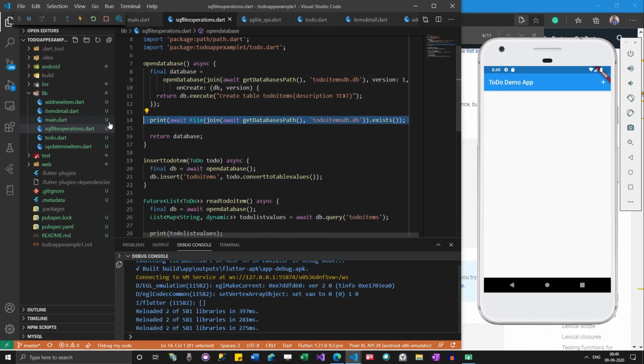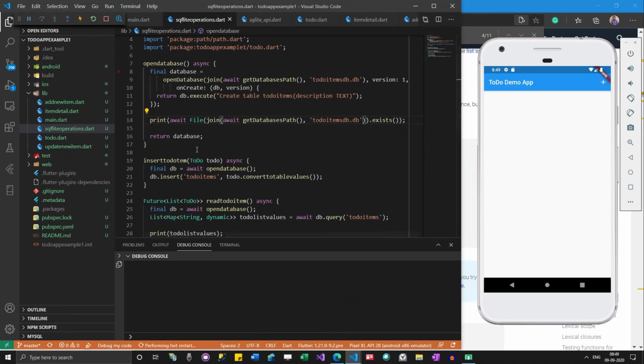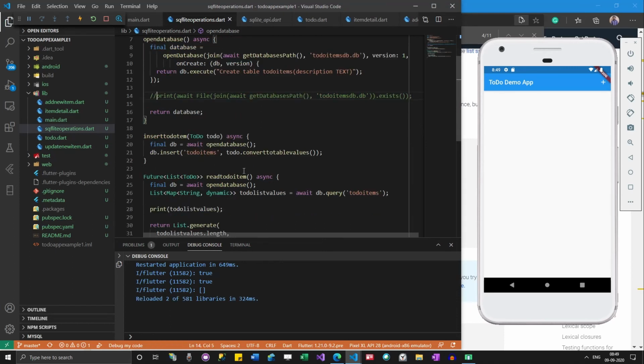I'm just checking whether this database itself exists or not. I'm reloading it, and it says true, which means that the database exists. So let me comment this now. The problem will probably be with the insert todo items. Let me see if we can debug it.